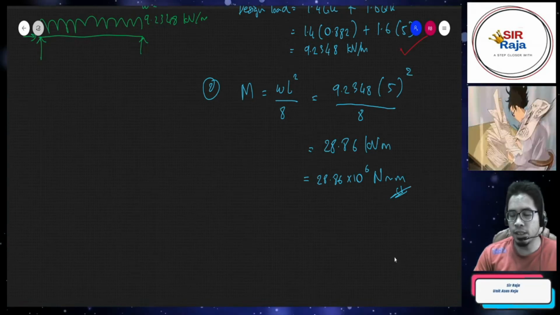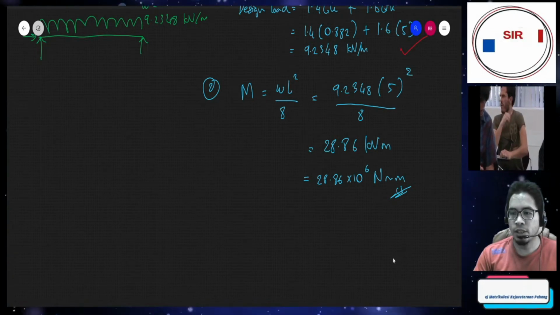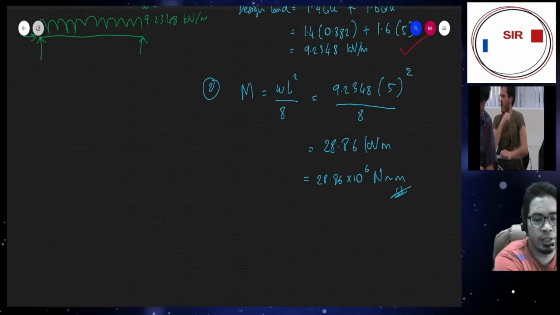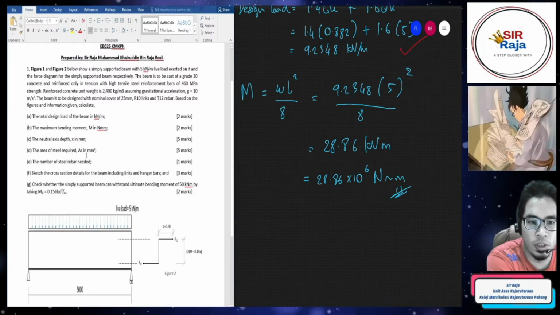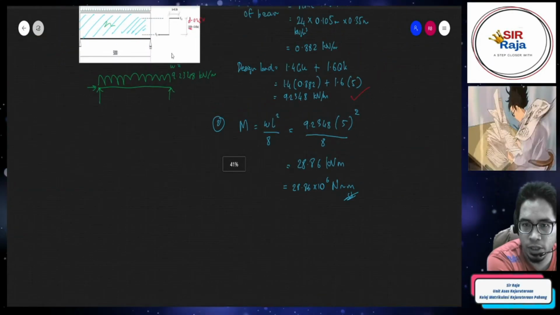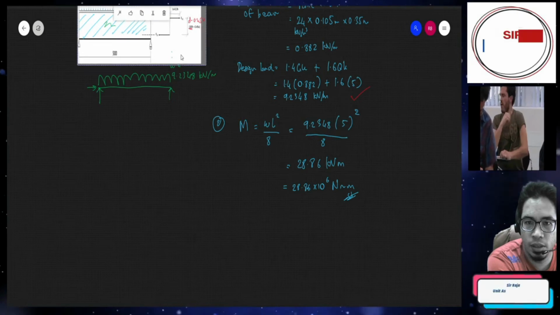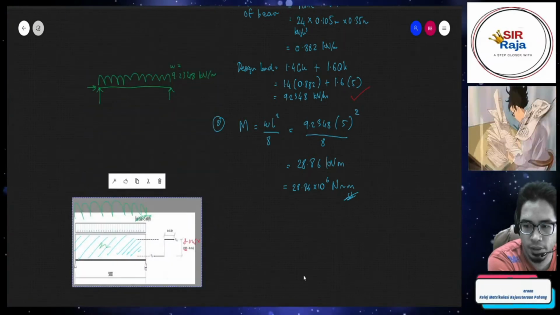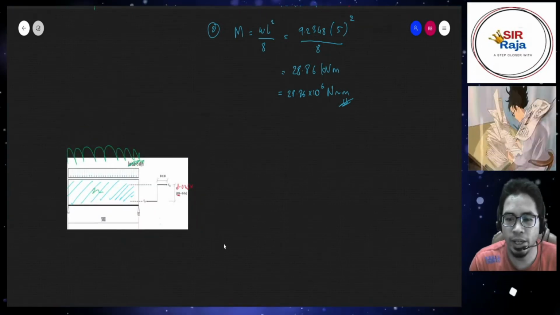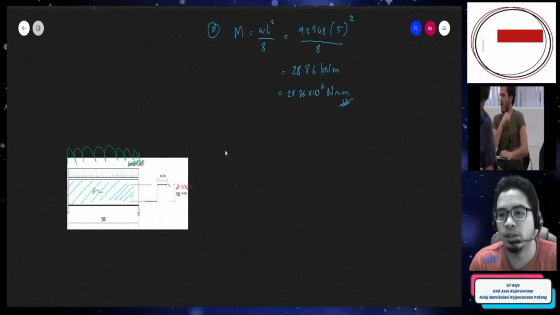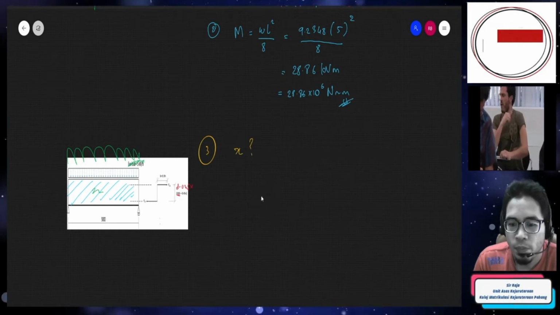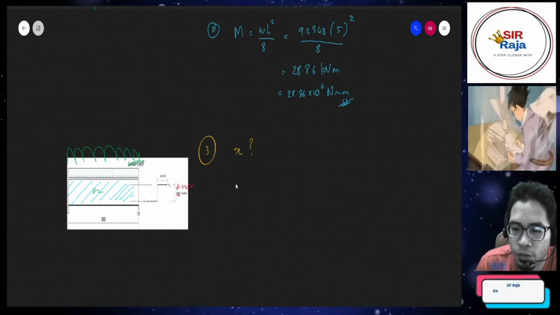Now we have answered the second question. I believe the third question is to find the neutral axis depth. So we want to find the x here. Class, for this question we might need this one. Now we want to find our x, so for the third question, x, I'm going to start with the concept of total